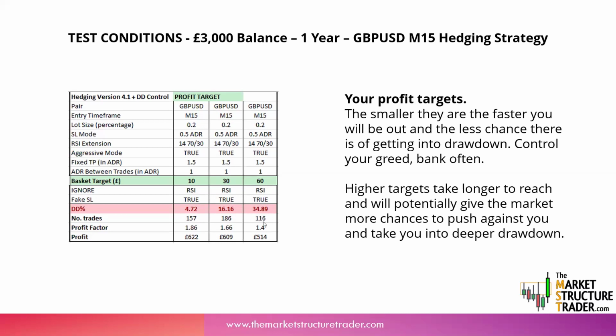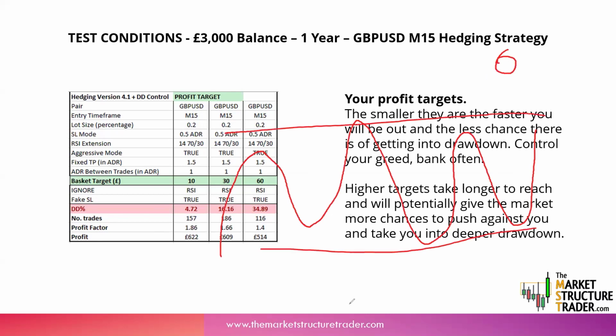The reason there's not many trades taken on this one, and we've got a massive drawdown, is because the market just can't get to that target. It can't reach it because that's what it does 80% of the time. Sits in a range, a wide range. So if your target is outside of that range, outside of the average daily range of the pair,